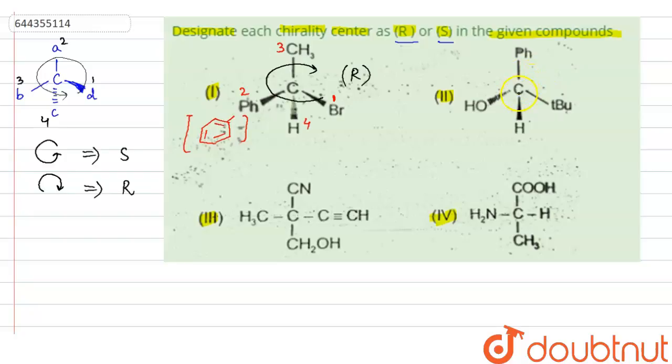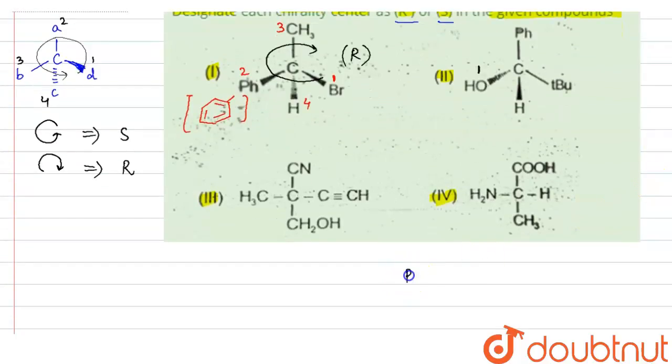Now here carbon is attached to phenyl, tertiary butyl, OH and hydrogen. Now in phenyl, carbon is attached to carbon. Here carbon is attached to oxygen. In tertiary butyl also carbon is attached to carbon, and here carbon is attached to hydrogen. So priority will be given to the OH group because oxygen has the highest atomic number. Then we are left with 3 groups. Now if we compare phenyl and tertiary-butyl,